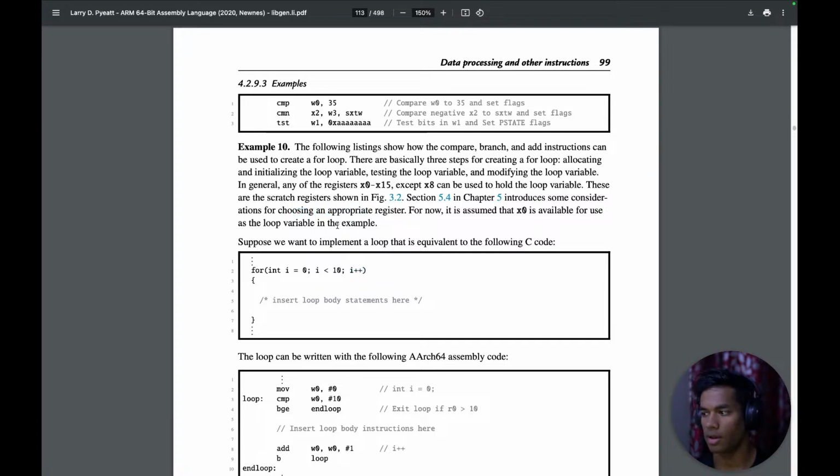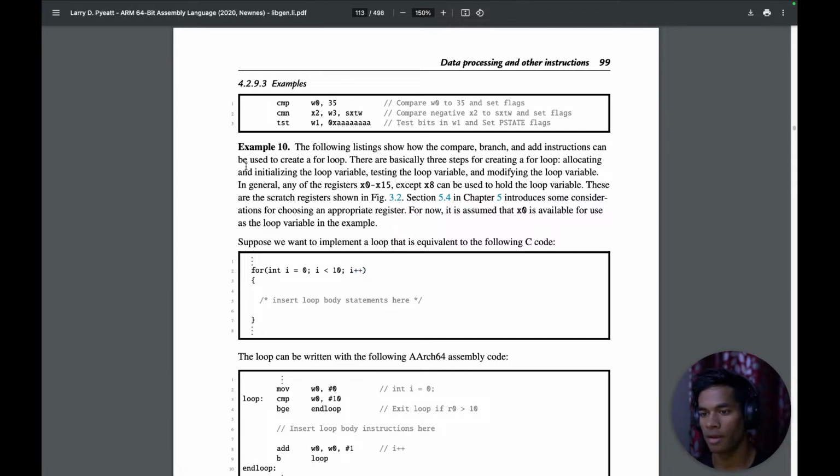Inside the label that we will be calling by the branch operation, we can update the contents of the register which we used to store the value, incrementing the contents by 1